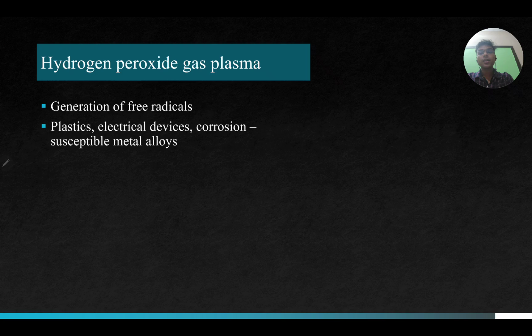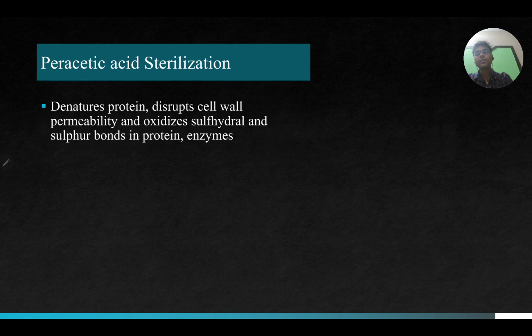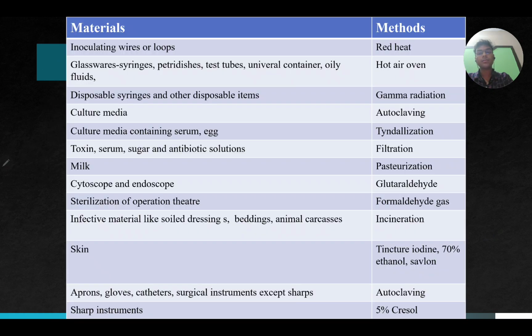Hydrogen peroxide gas plasma, there is generation of free radicals, used for plastics, electrical devices, corrosion susceptible metal alloys. Peracetic acid sterilization, well, it denatures the protein, disrupts the cell wall permeability, and oxidizes sulfhydryl and sulfur bonds in proteins and enzymes. Now, some of the materials and the methods with which these can be sterilized: the inoculating wires